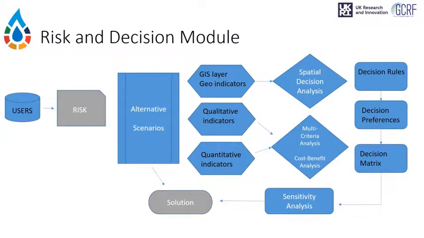This is just a primary design for the decision and risk modules. The user will calculate the risk based on available data that is provided by the platform. This includes hazard, vulnerability, and element at risk. At a later stage, specialists will define alternatives or future scenarios that can affect our decision-making metrics differently based on spatial, qualitative and quantitative indicators. The platform will then guide the decision maker to do spatial or multi-criteria decision analysis based on their decision rules, preference, and ranking. Then it will form the decision matrix.